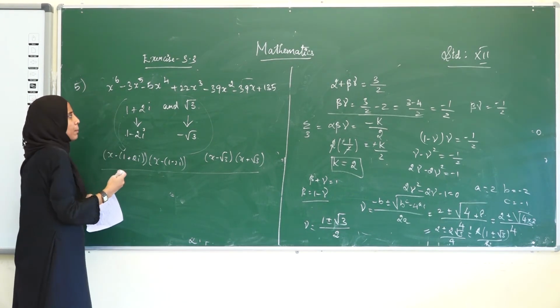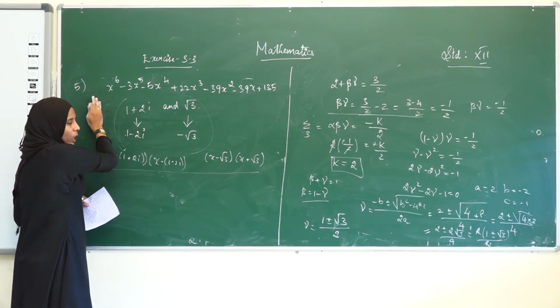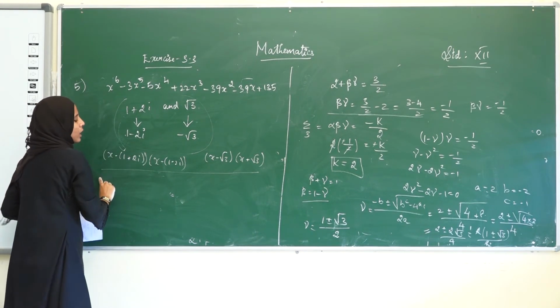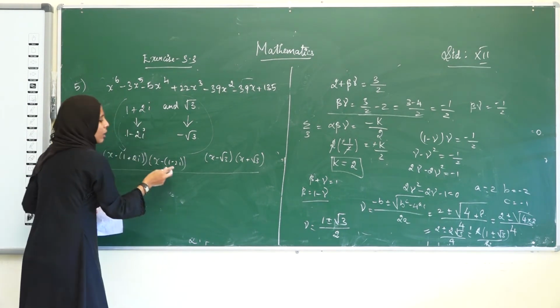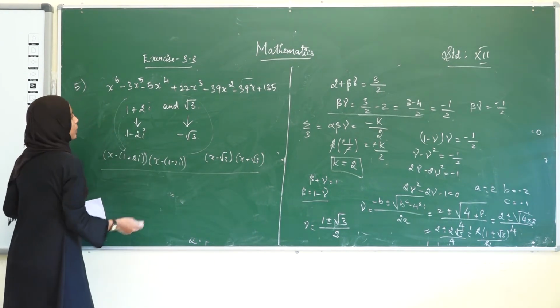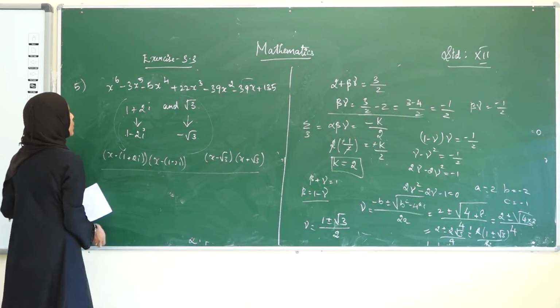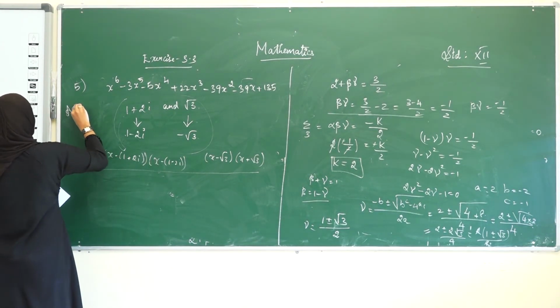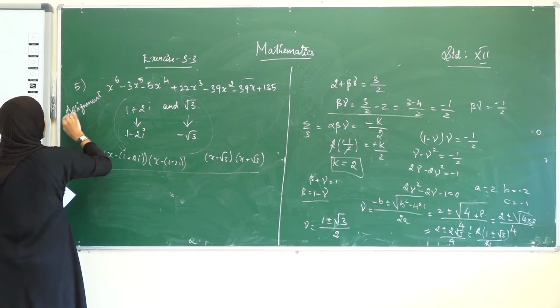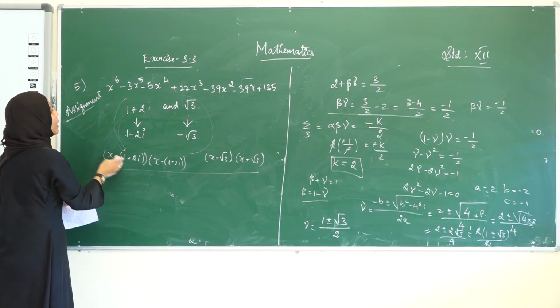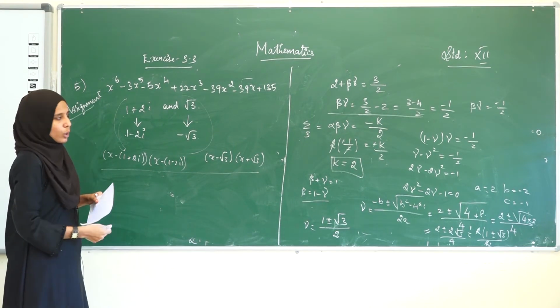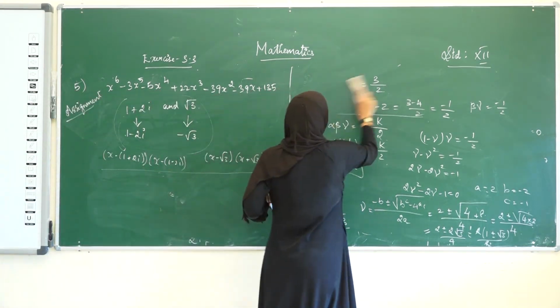We have seen this type of question in the example. We will be doing the long division method, then we get the quadratic equation. When solving this quadratic equation, totally 6 roots will be there. So this will be an assignment for you. You can try it at home. It will be very easy because I have given you some hint. We have seen this type of question in the last video also. Okay. Now let us move on to the 6th question.